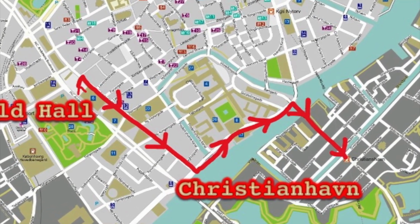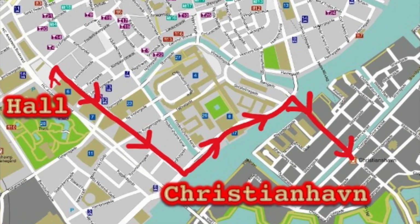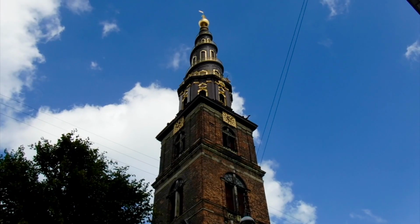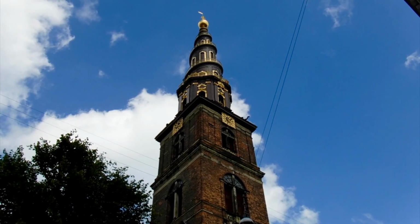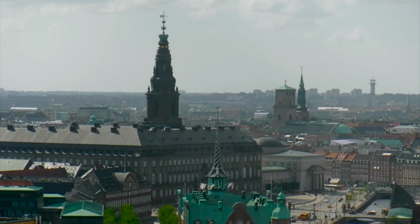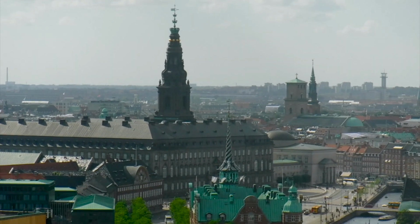It's across the harbor, and we're going to begin with the Church of Our Savior. It's a magnificent church, and when you go up the tower, instead of going inside the tower, you go on the outside of the tower. And it is a very interesting way of going up a tower. I did it. It felt a little treacherous and a little exhilarating, and you get to see incredible views of